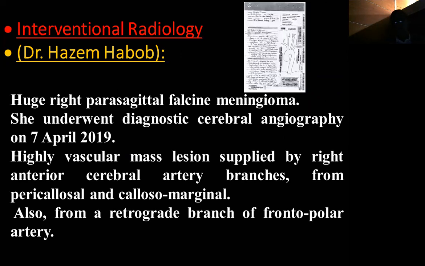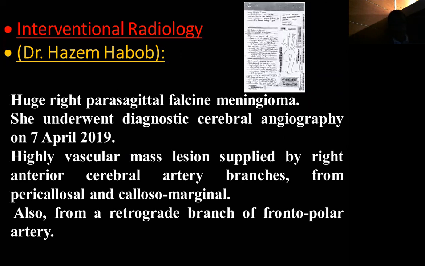The idea was to evaluate the vascularity and the possibility of preoperative embolization. So what we did, it was obvious from the MRI that this is a vascular meningioma, so we do a detailed four-vessel research angiogram, whatever you want to call it, and you see the feeders. It was a highly vascular tumor supplied by, usually, especially with parafalcine tumors, mostly dural branches.